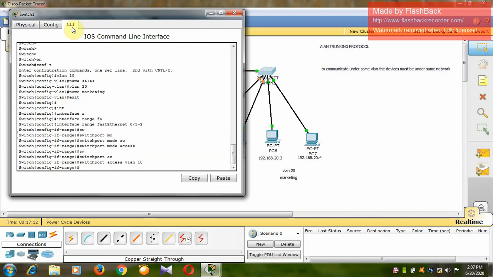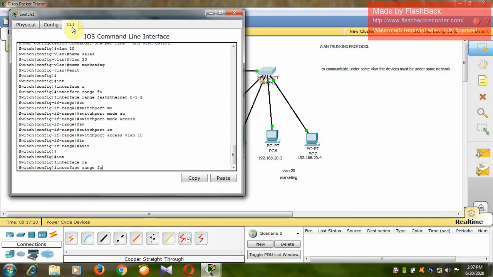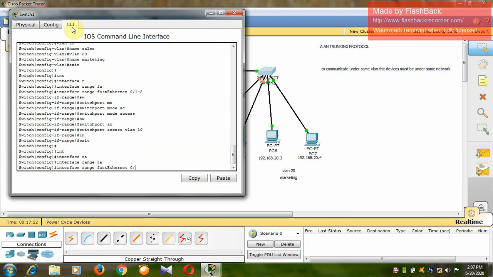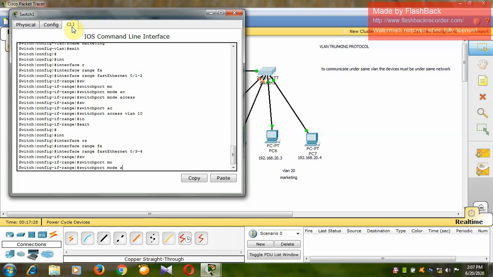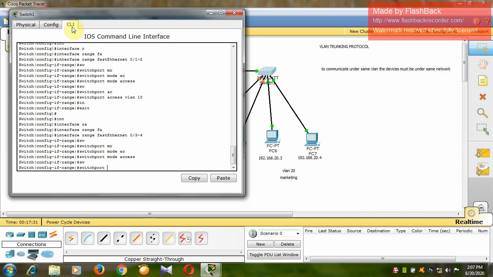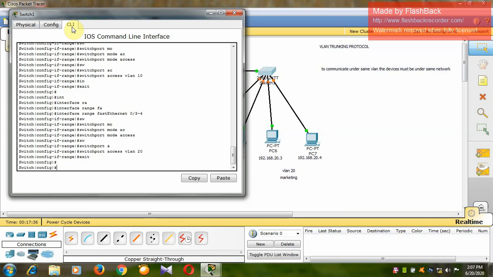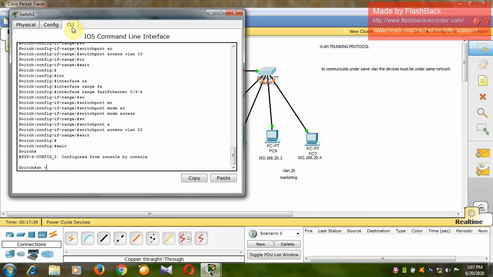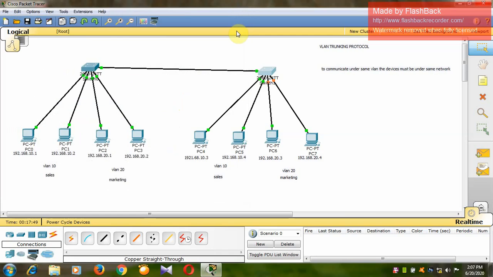Similarly, exit, interface range fastethernet 0/3 to 4, switchport mode access, switchport access vlan 20. Now you can check: these two ports have come under VLAN 10 and these two ports have come under VLAN 20, right?